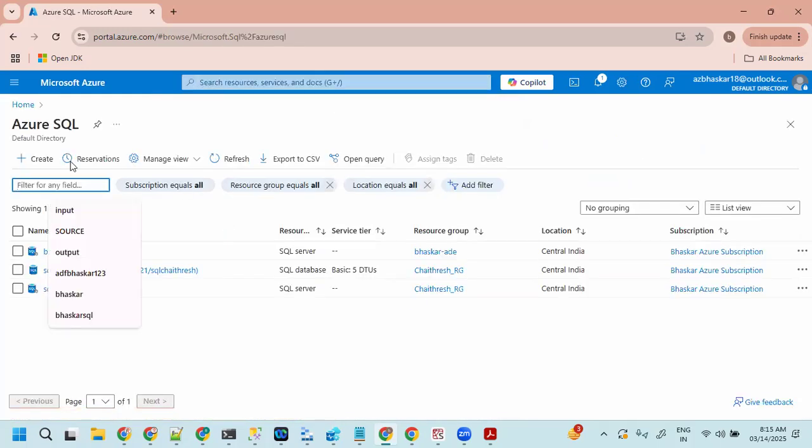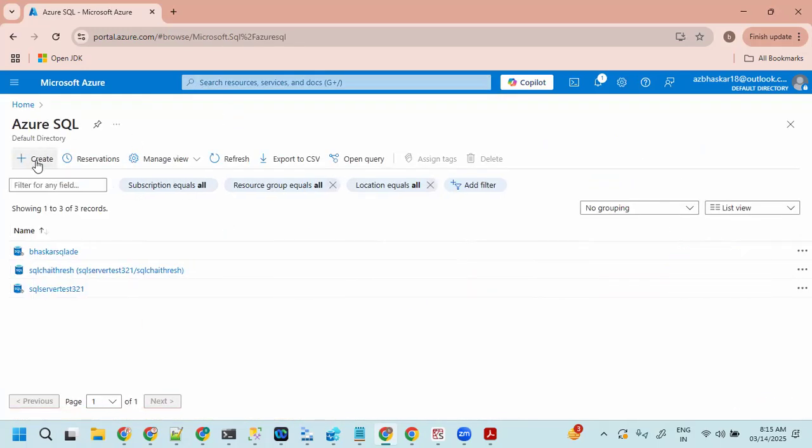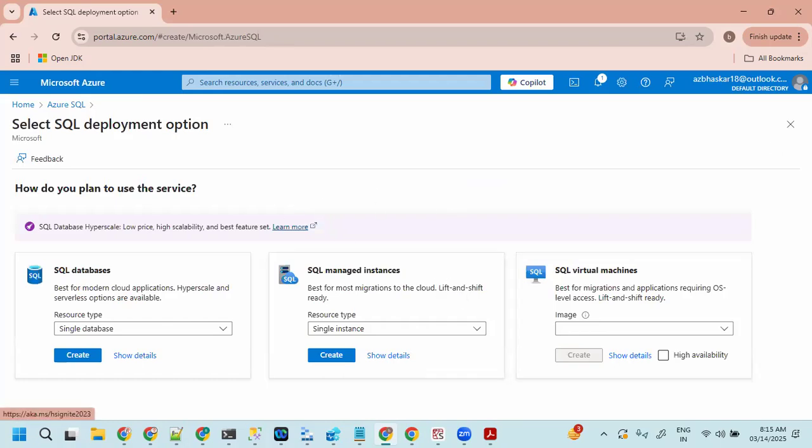Let me take Azure SQL. So when you search for Azure SQL, you can see all three together in one place: single databases, managed instance, and virtual machines.